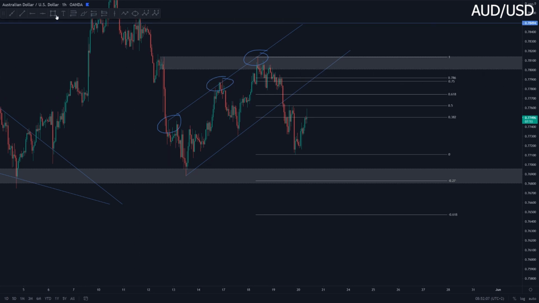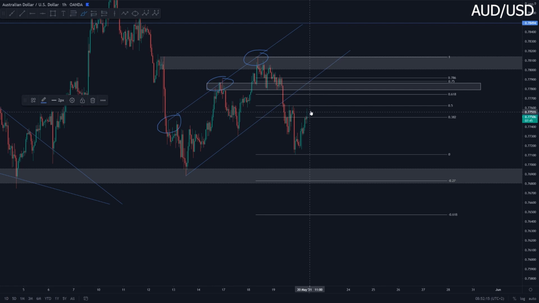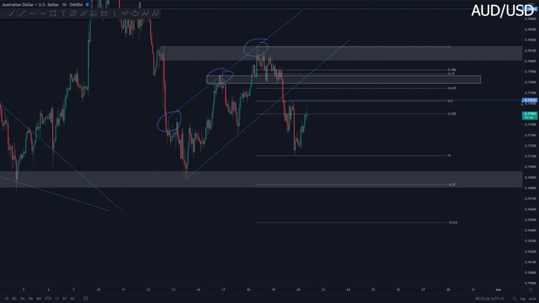So as you guys know, we have this area of liquidity and support and resistance up above here, just above the 618. So I am anticipating either Aussie dollar to move back up towards that 618 Fibonacci, and from there fall further towards the downside. The other option would be that we fake out on this swing high, on the 1 hour swing high over here at 0.77632, and from there start moving towards the downside.